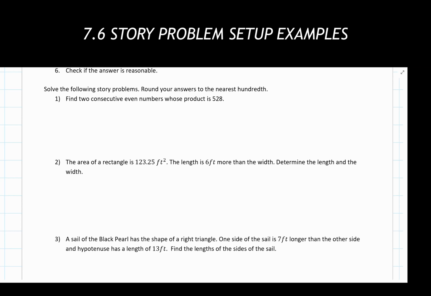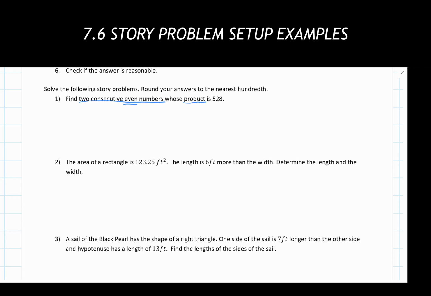Using our strategy that we had previously, we're just going to read the problem a couple times over to see what we're getting here. So we're told to find two consecutive even numbers whose product is 528. So for me, I'm seeing some buzzwords and some things that are standing out to me. I'm told the product of something. So that means that some things are going to be multiplying together. What else is standing out? Well, I'm seeing something saying two consecutive even numbers. So we got to think on what does that entail.